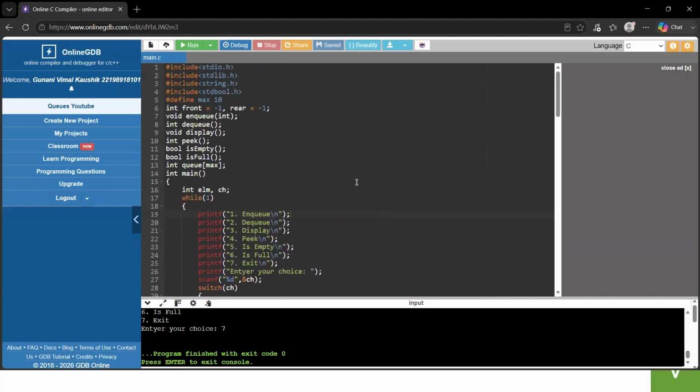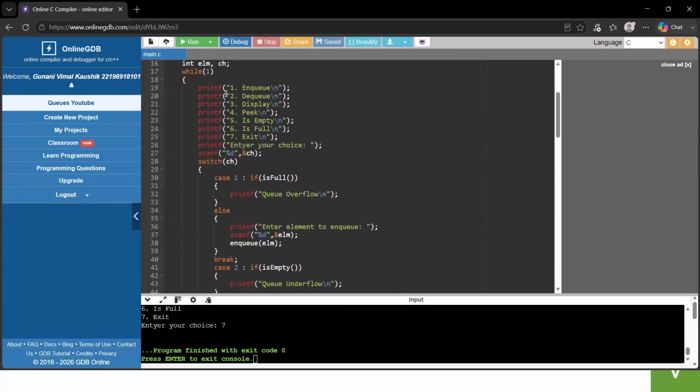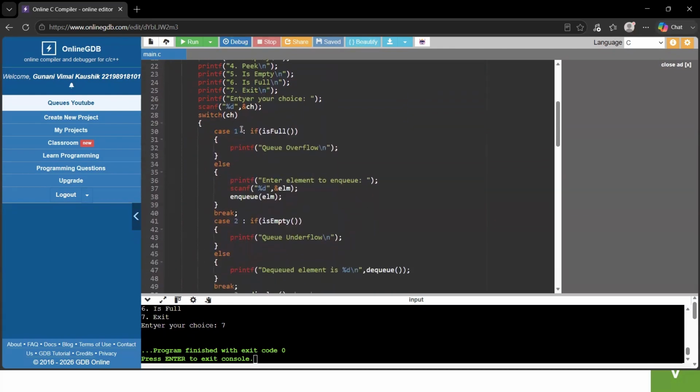This is the C program for implementing queues in data structures. Initially, I declared the two variables front and rear as -1 each. Then I declared the abstract data type functions. After that, I initialized an empty array called queue, with a maximum of 10 elements. Inside the main function, if I enter 1, it checks whether the queue is full or not. If it is full, it displays that the queue is overflowed. If not,